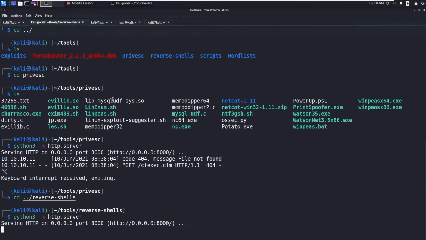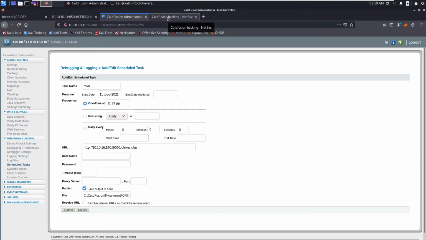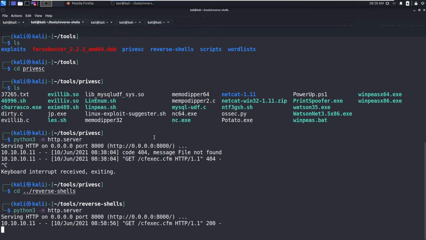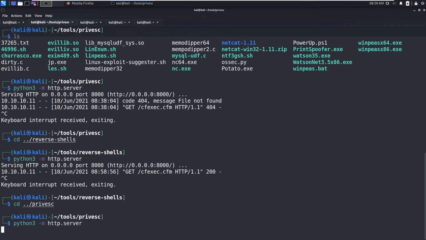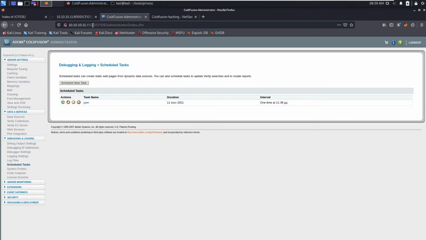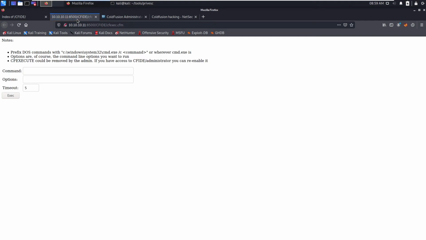I think we got something wrong with the ping command. Okay, I think I messed up the ping command.